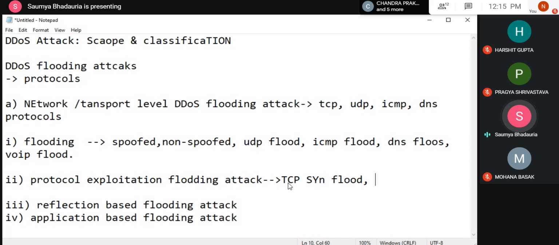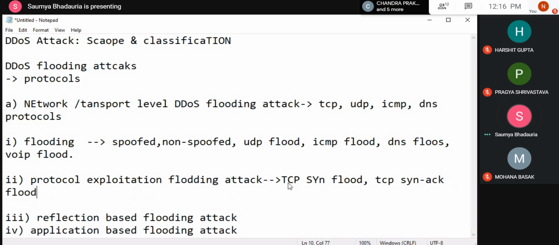Okay, so here what are you doing? You are flooding the system, exploiting the resources of the victim by targeting a specific protocol. What protocol are you targeting here? You're targeting TCP. Okay, any doubt? So this would be either a TCP SYN flood. The other thing can be a TCP SYN acknowledgement flood. Clear? You can flood the network using the SYN, or you can flood the network using the SYN acknowledgement